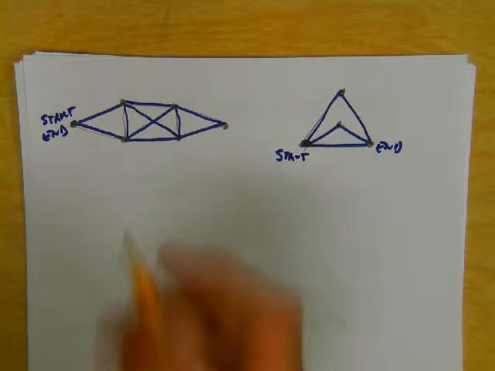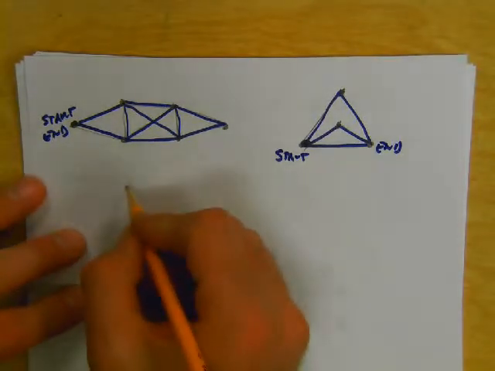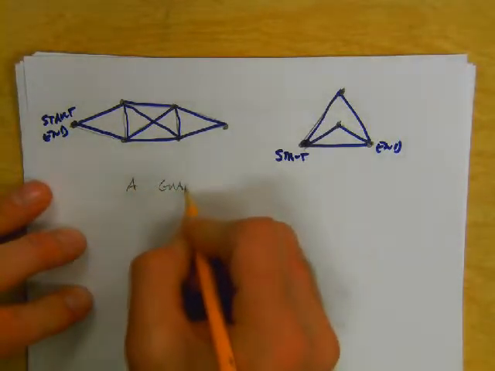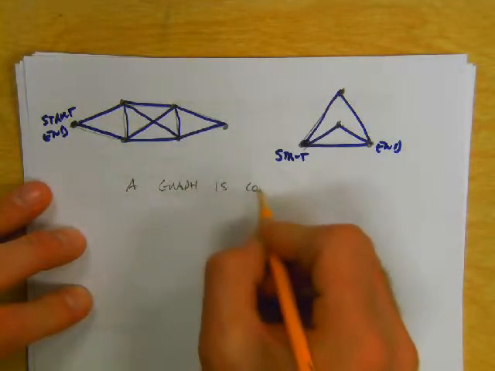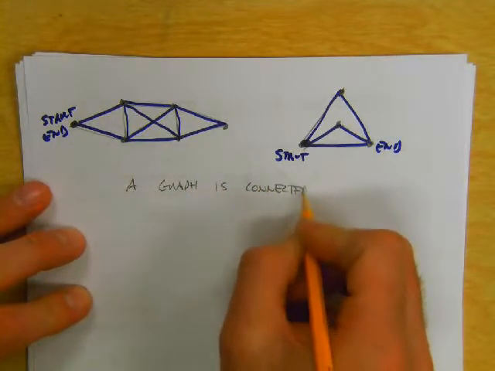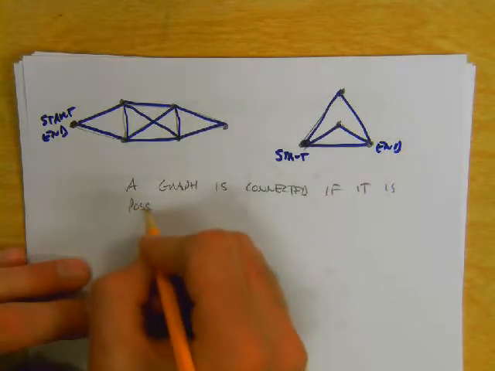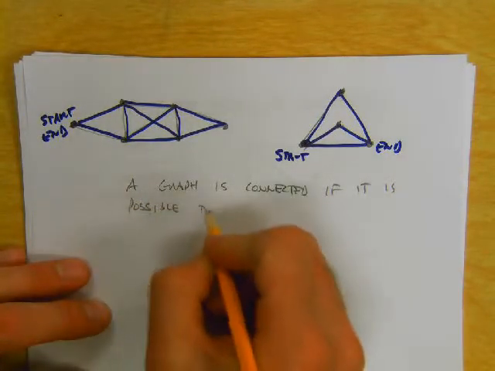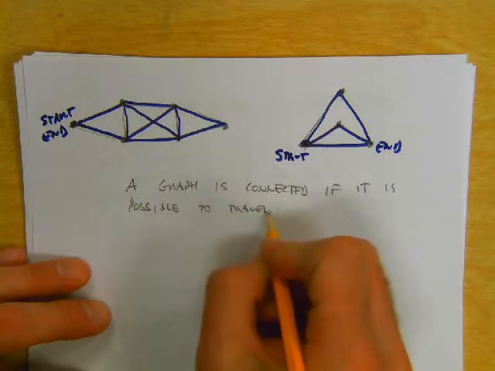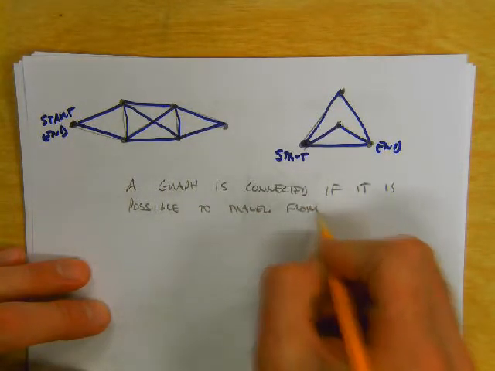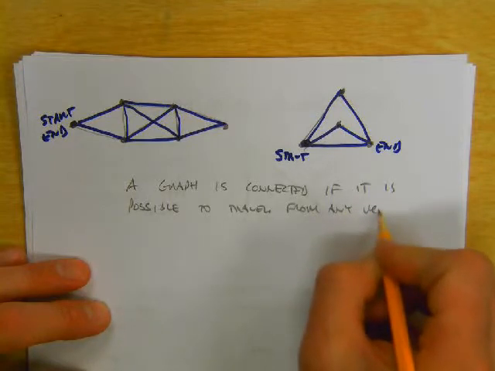So here are some rules and some vocabulary. A graph is connected if it is possible to travel from any vertex